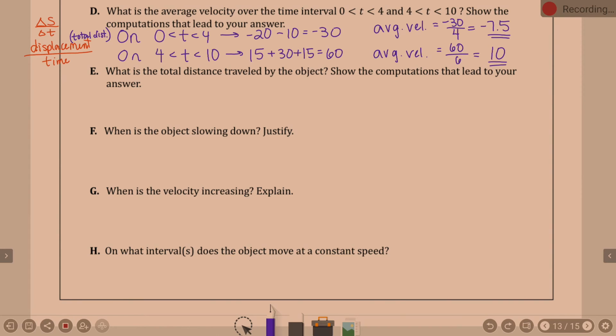And a whole other page yet. Okay. What is the total distance traveled by the object? Show the computations that lead to your answer. But even if you have negative 30 and 60, then it won't work. You absolute value. Well, and that's what it comes down to, yes, you need